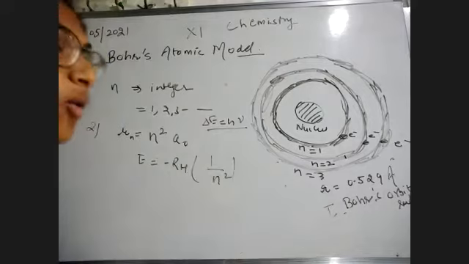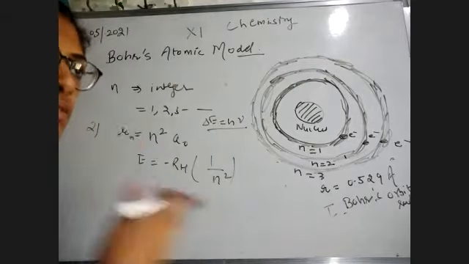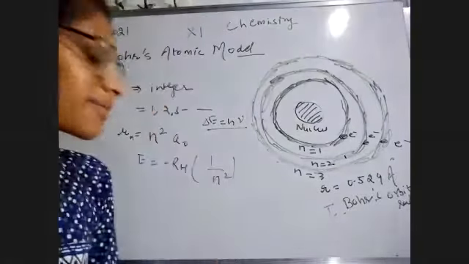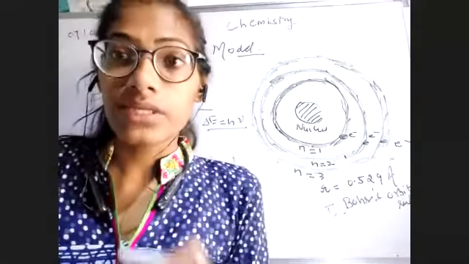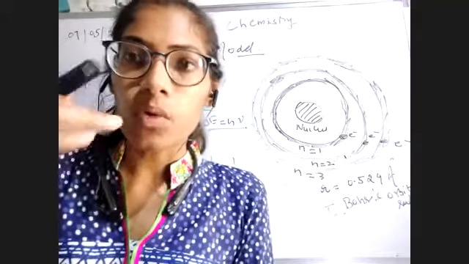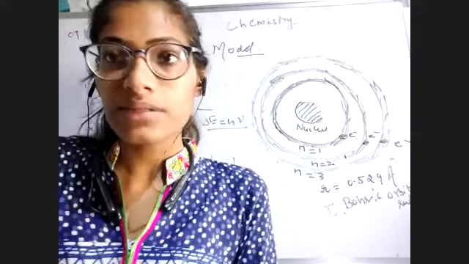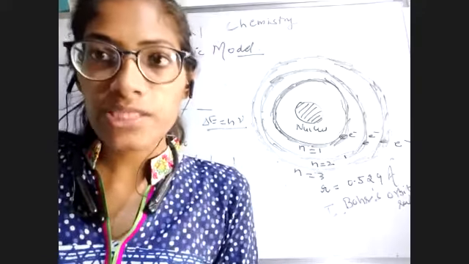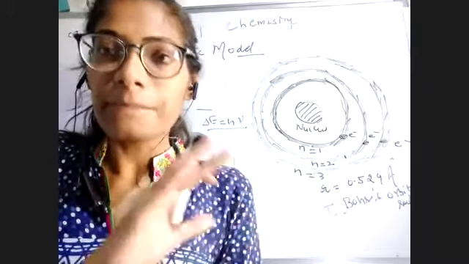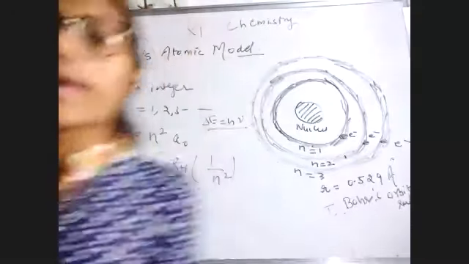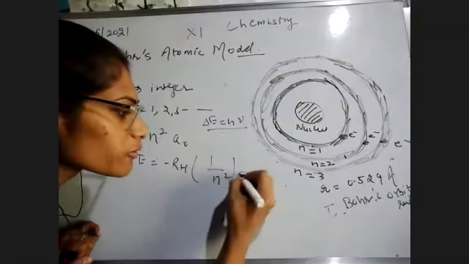Now, what would happen if we go to more complex atoms, when we are just talking about hydrogen? What happens if we take lithium, beryllium, boron, calcium, magnesium? Can the energies of these also be explained by Bohr's atomic model? Yes, this is also explained, not so satisfactorily, but he explained it by putting in another number, so that E equals minus RH Z square over N square. So this is for hydrogen,